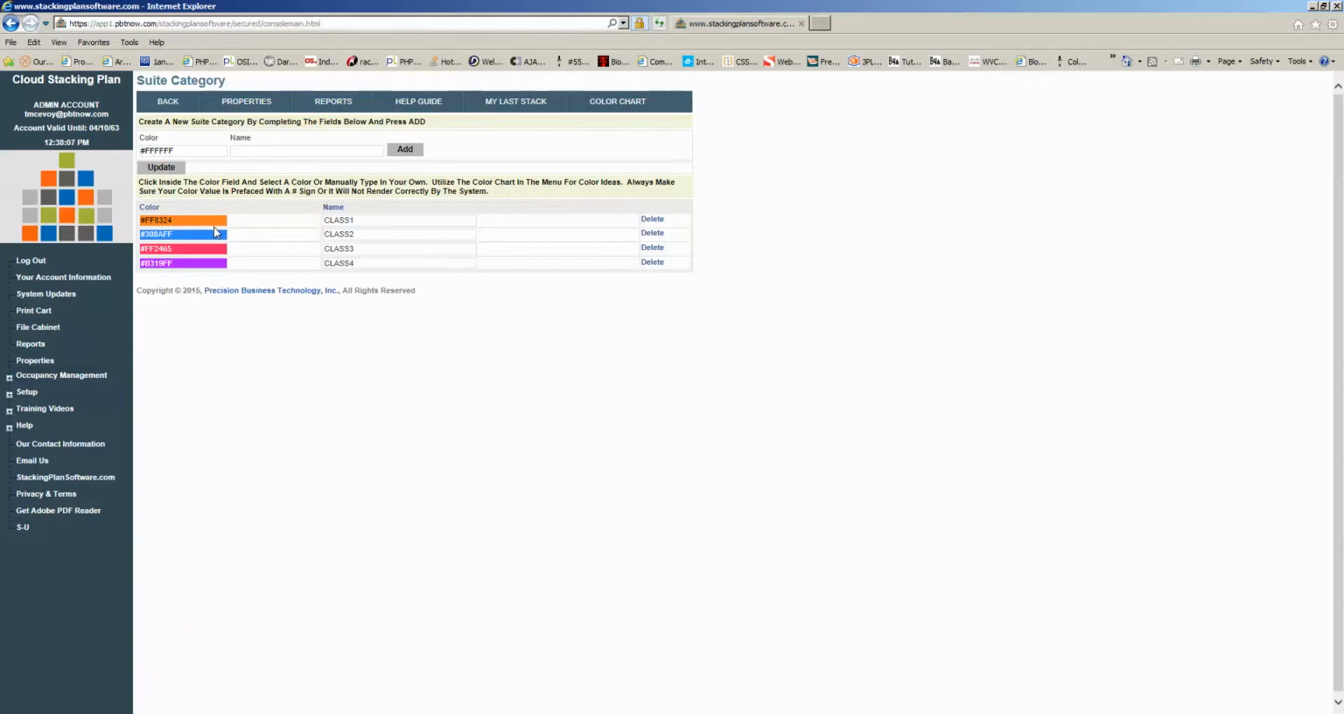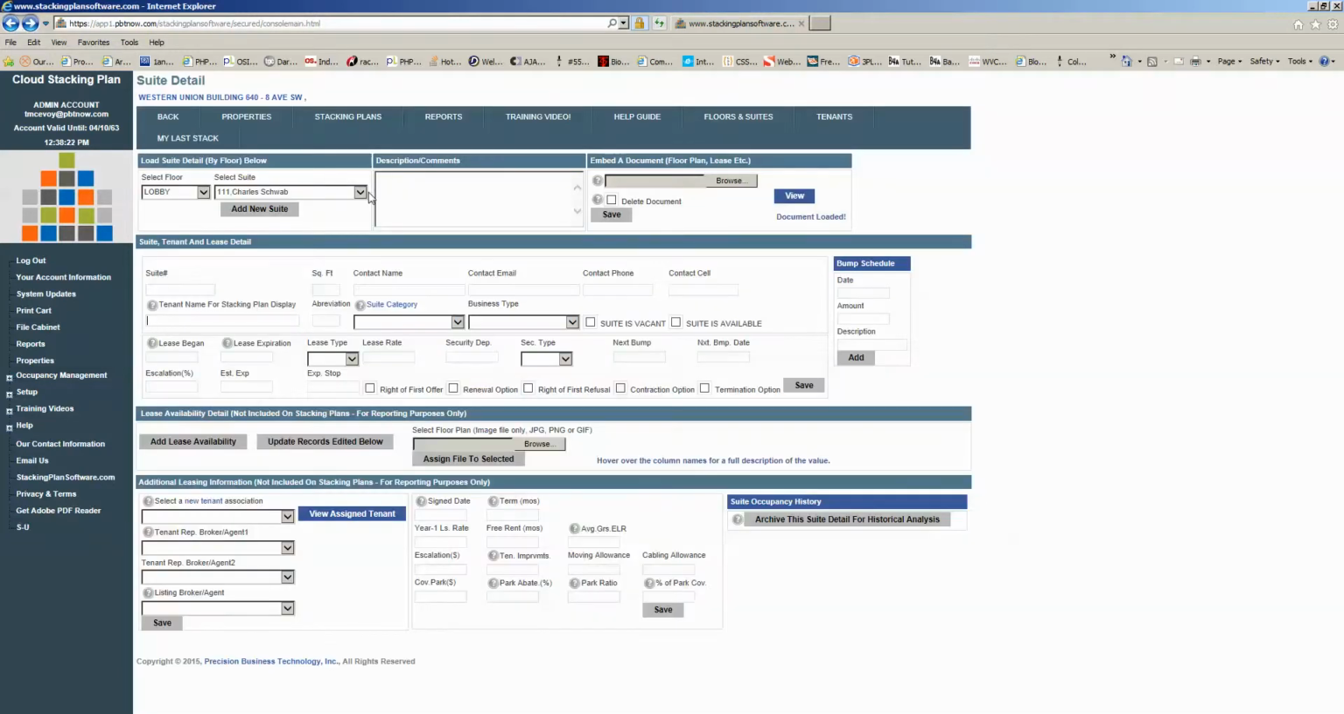So you can create these classes and assign whatever color you want. It's all completely customizable by you. So what we'll do is we'll go back to our last screen, which is where we were at for Charles Schwab,